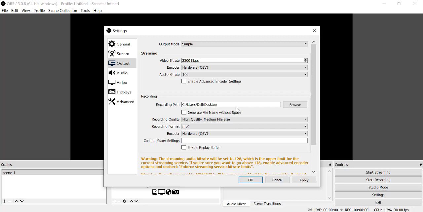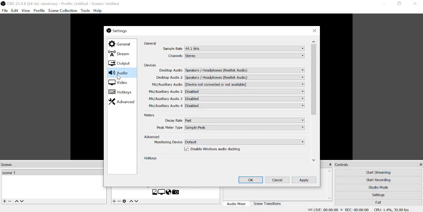Whenever you want to save your project, you can give your project name, and you can save all your videos in that folder. So I give the recording path as desktop, and whatever video comes, it will record on the desktop. I kept recording format MP4. Recording quality I kept high quality, medium file size. So encoder I kept the hardware encoder, that is QSV. And I can say apply here.